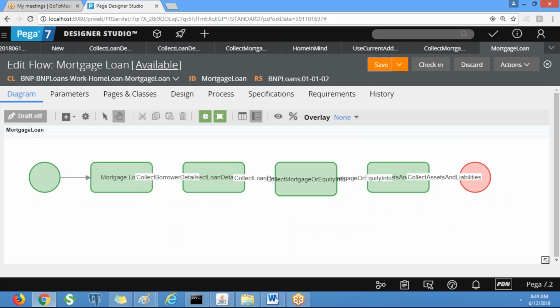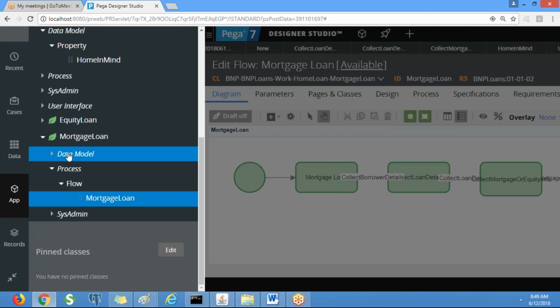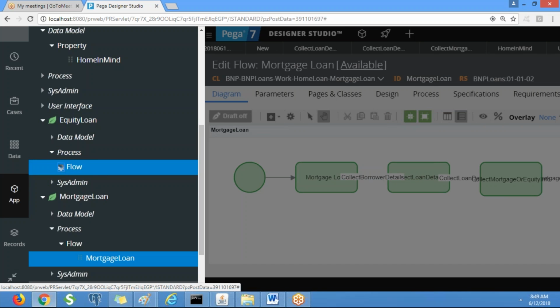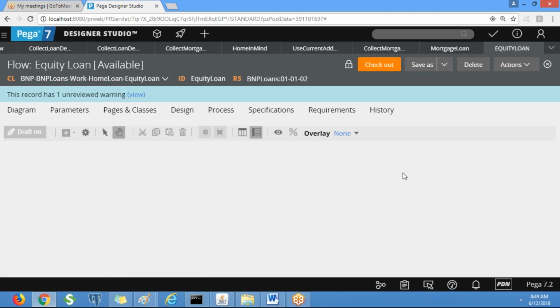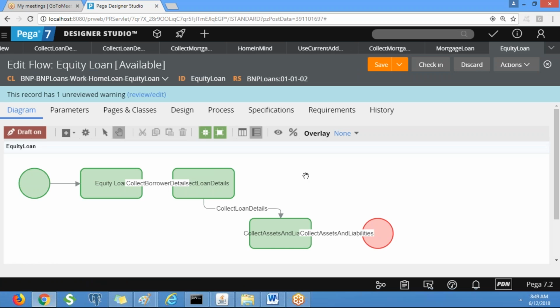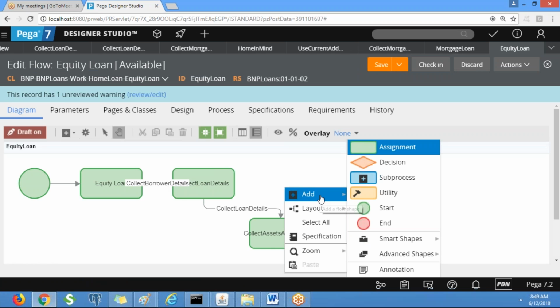Okay, next go to the equity flow and add the screen in between loan and assets details.